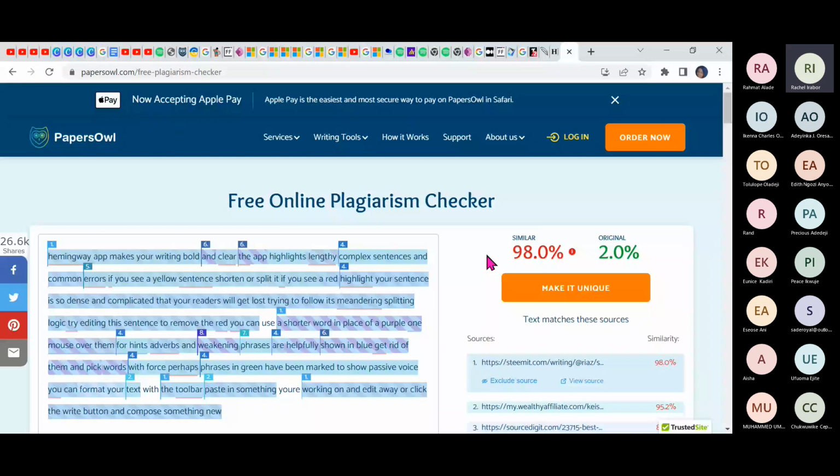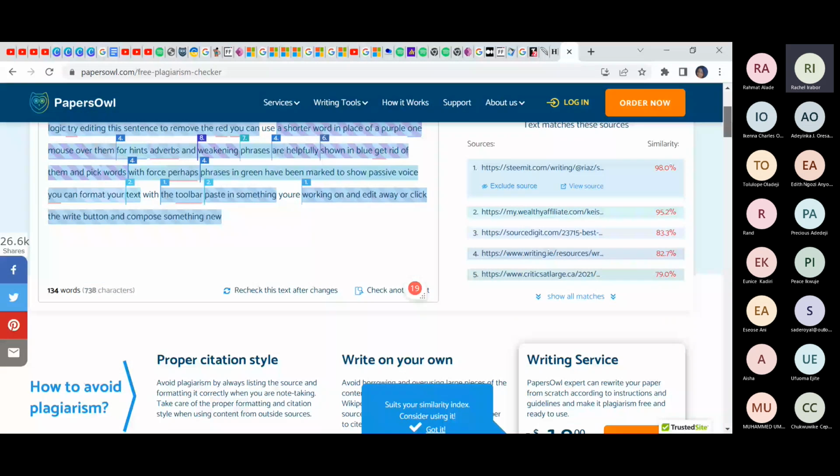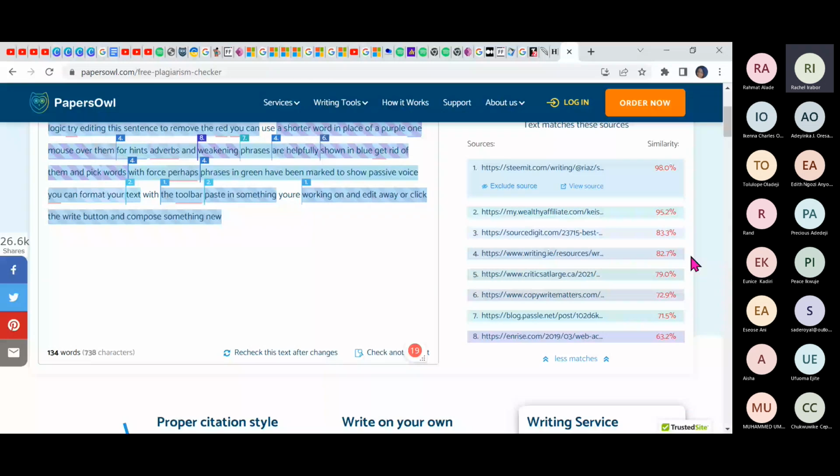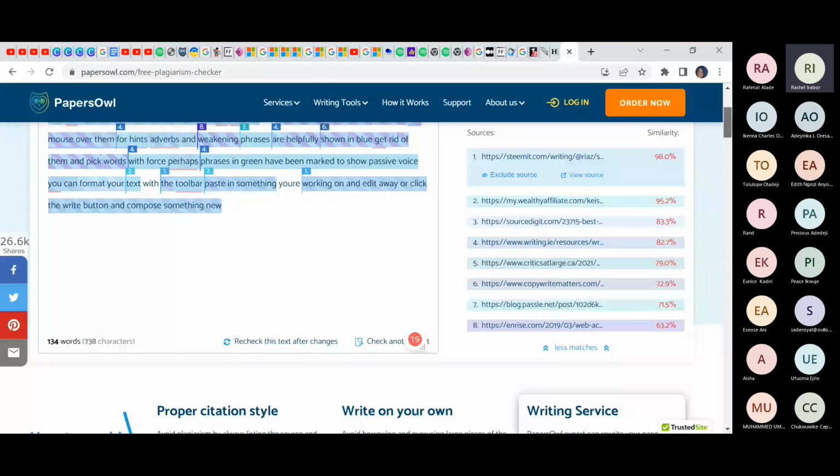Then 2.0% is original, and you can see the places that it says are similar. You can see there are different places. It will show you what particular blog has the same thing as what you wrote.